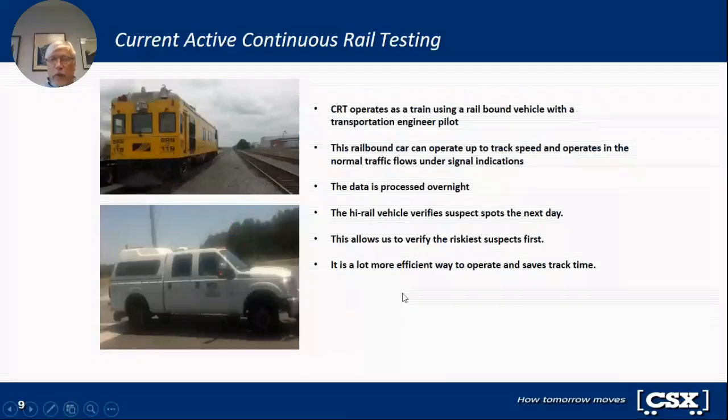So that was our typical way until just recently. We've been working for the last decade, really, to have something like continuous rail testing, which is what that is in this case. We're using the rail-bound equipment, and we just run it across and we don't stop, we don't back up, we don't hand test it. We just collect data, and then after the data is collected, it gets sent to a central location where we have a processing center, and